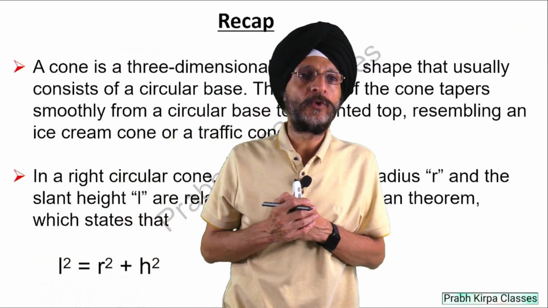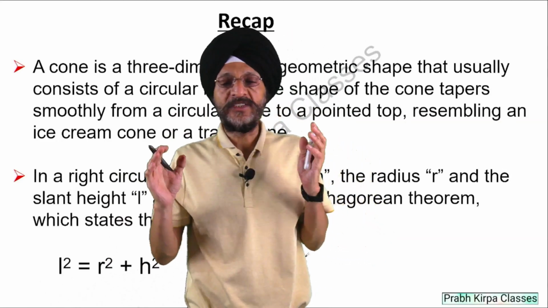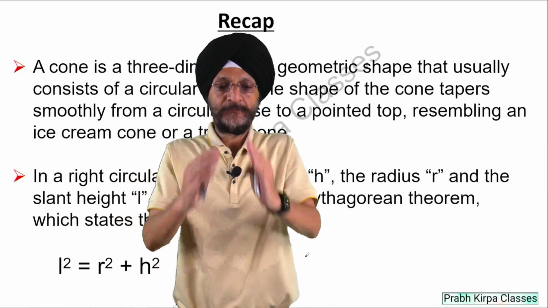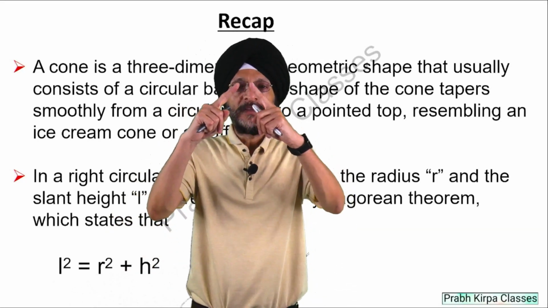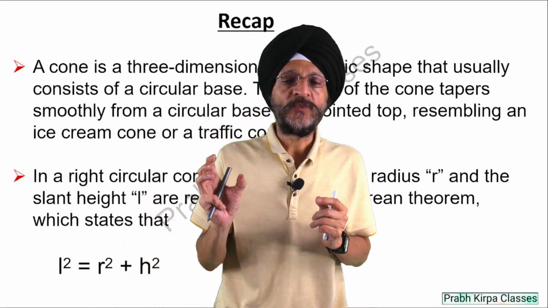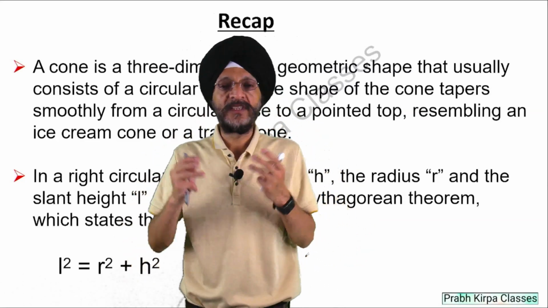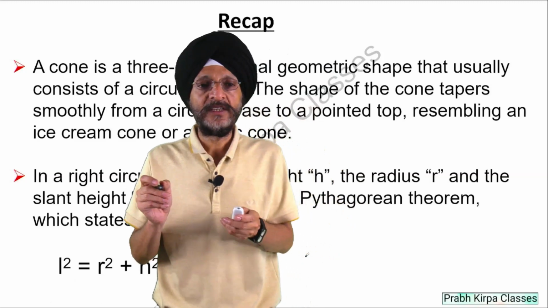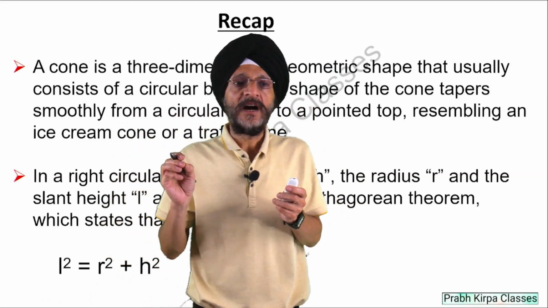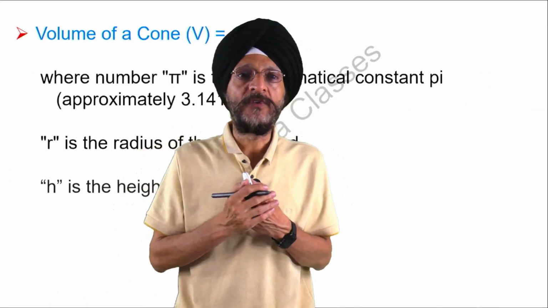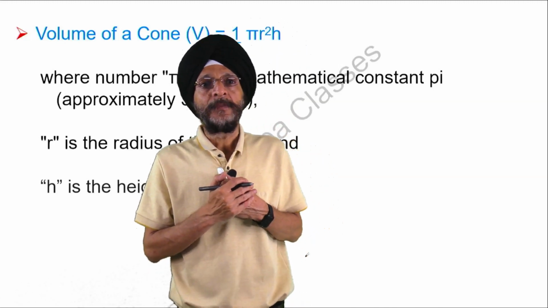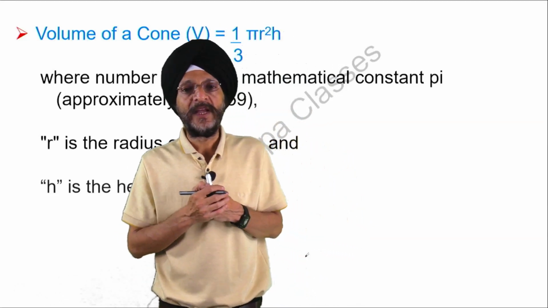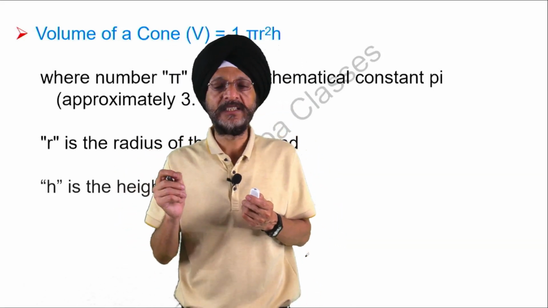Now we would like to conclude this course: the cone is a three-dimensional geometric shape that consists of a circular base. The shape of the cone tapers smoothly from a circular base to a pointed top which resembles an ice cream cone or a traffic cone. In a right circular cone, there is a relationship between slant height, height and radius, and it is denoted by L square is equal to R square plus height square. Volume of the cone is equal to 1/3 pi r square h, where pi is the mathematical constant which is approximately equal to 3.14159, and where r represents the radius of the base and h represents the height of the